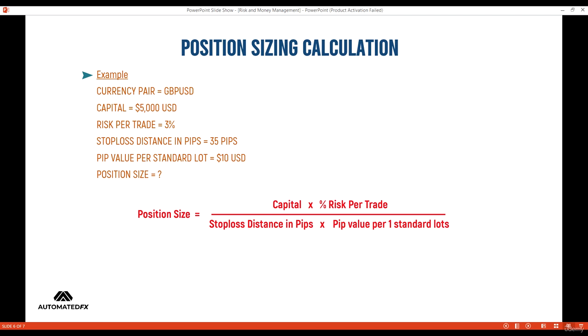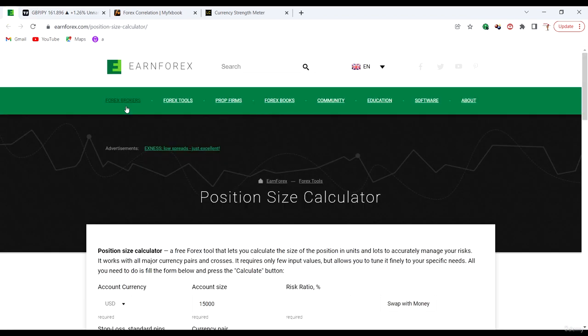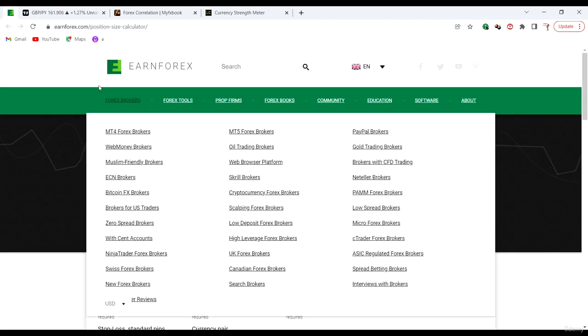You have to have a constant risk percentage no matter the size of your stop loss. Okay, so that's one thing you have to understand. Going to the position size calculator now, just come here and where is it? Okay, I think I've pinned it here. Yeah, this is it. When you come to this website,